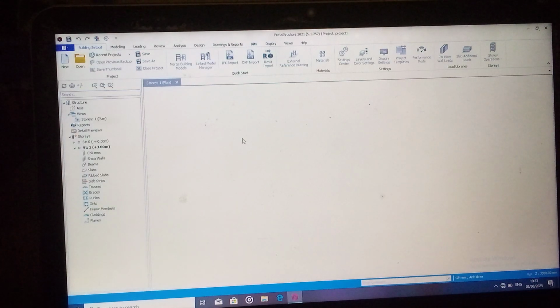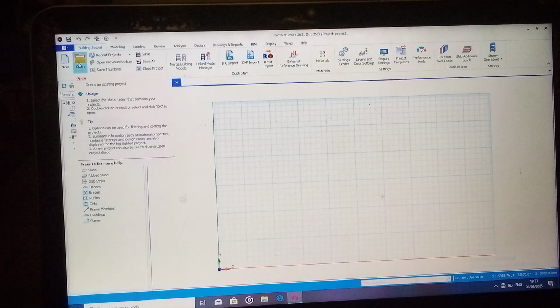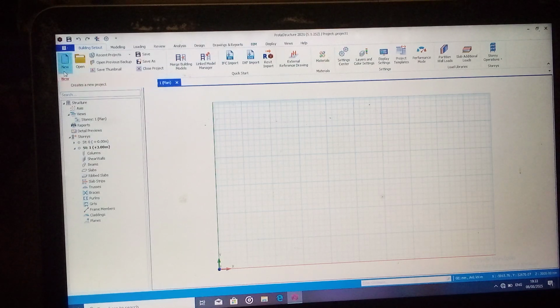So for our designs, to start our design, if we have our architectural plan already on our AutoCAD, we can easily save it as DSL file and bring it to Prota structure. Whereas if we have no plan that we want to work with, we can just use the generator, as is, through the center to center spacing of the structure. So for today's class,